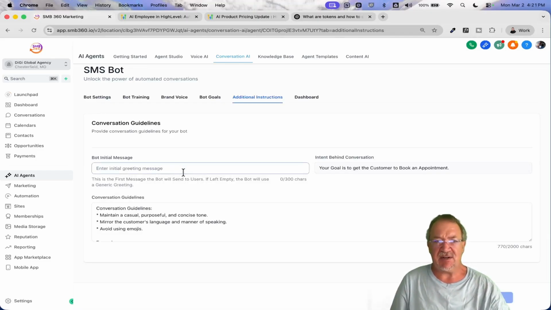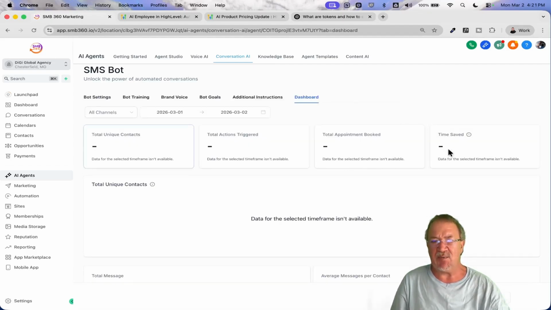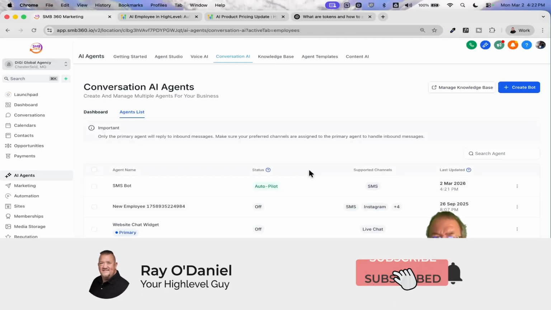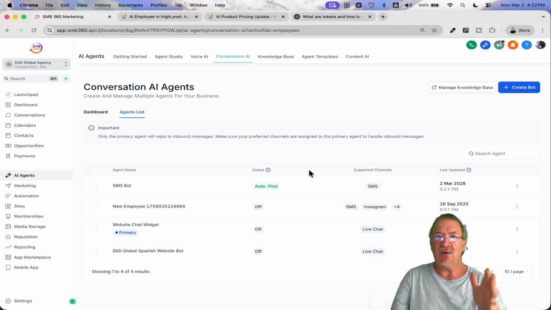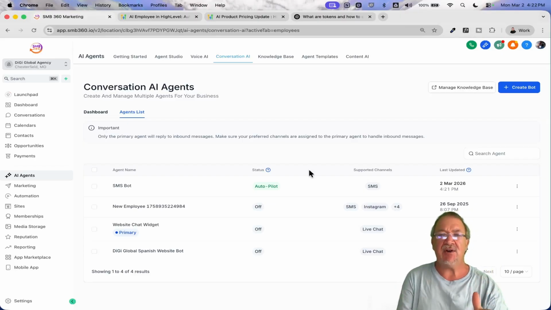Now here's just some additional information if you want for the greeting and things like that. And then the dashboard gives you, for just your inbound calls, contacts, things like that, an overall dashboard of what conversation AI is doing. So that is conversation AI in a nutshell. And again, if you're starting out basic, don't make it complicated. Just use the defaults that HighLevel has. It'll respond correctly. The only thing I would have to say, please, pretty please with sugar on top,